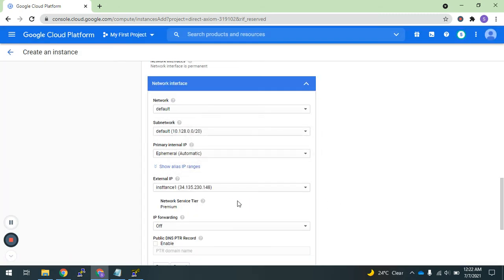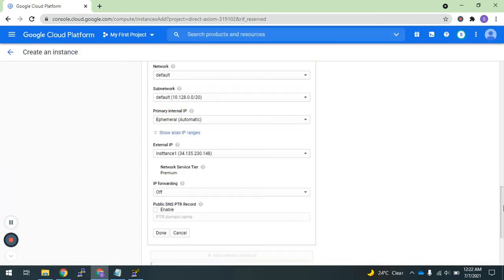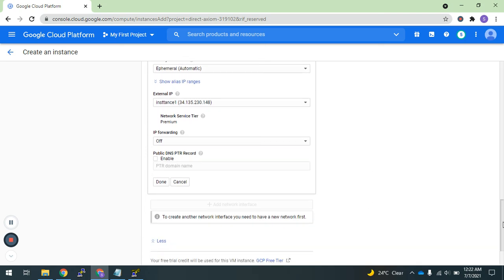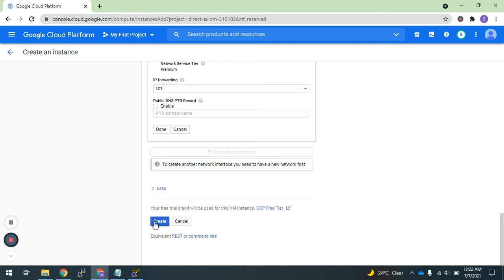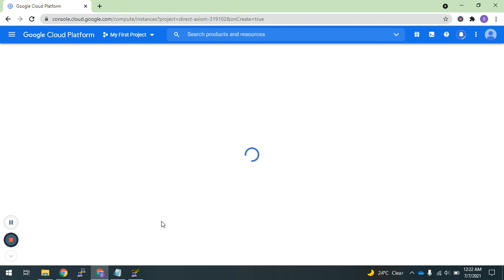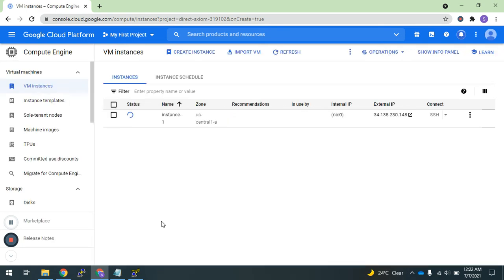So you can see, this is my static IP. I'm done with this. Now just click on create. Once you create, our VM will get created. It will take some time to create because it does all the things like boot disk, our OS, and the region. Now you can see this is my US central zone, and the public external IP also came. Using this IP, we will be able to log in. The status shows this instance is running.